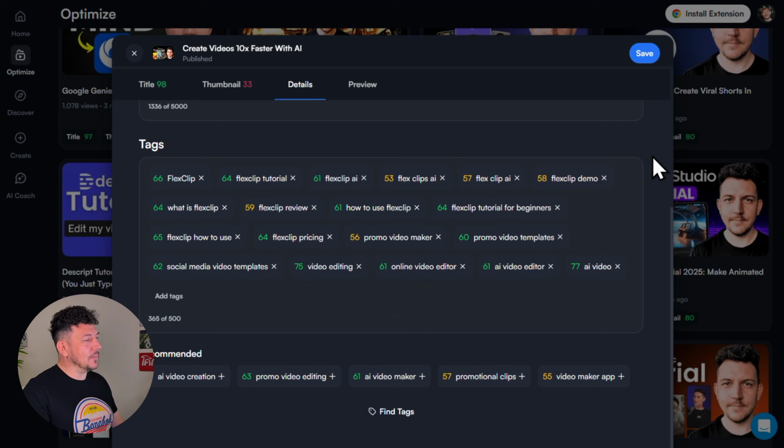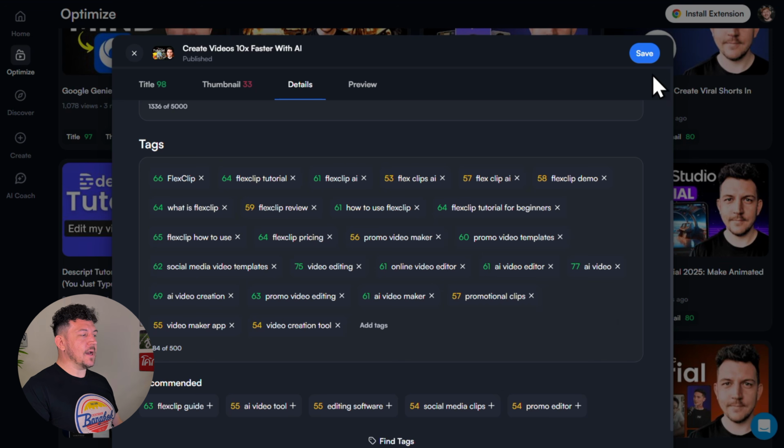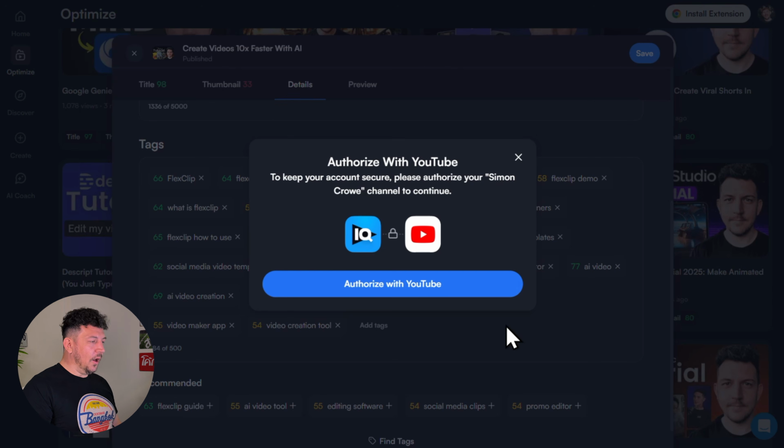Now, if you scroll down a bit, you'll see your current tags, followed by a list of recommended tags. So I might just go ahead and add all of these. I'll click the plus icon next to each one, and as you can see, they're added straight away. Now, once you're happy, go ahead and click save, authorize with YouTube, and then your changes are live on YouTube